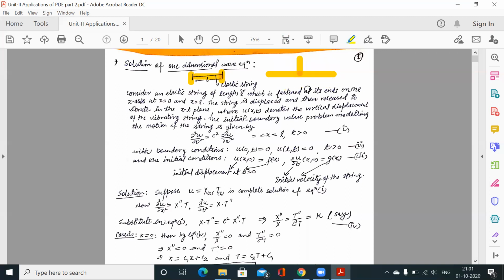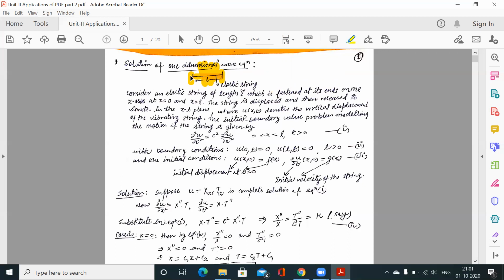Now if you touch this string from the top of the rope, the vibration would be in the y direction, like this, up down, up down, up down. But when you touch this string from the front, from this side, the vibration would be different. Here we are considering only the one dimensional wave equation, where the vibrations are like this.